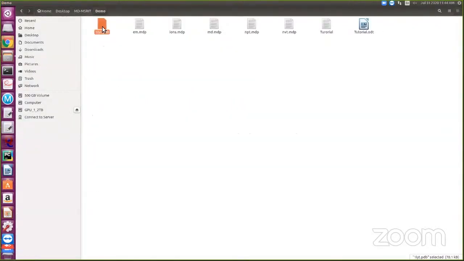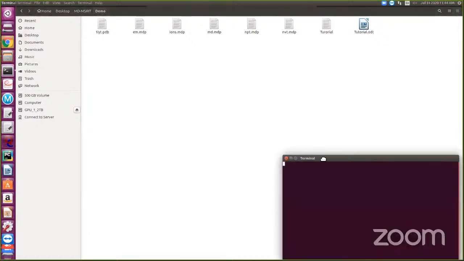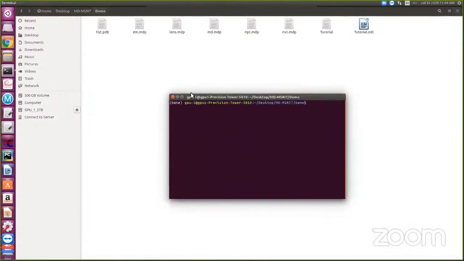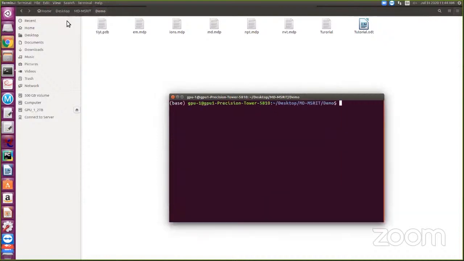Generally they open in PyMOL or some other software. For example, I'll just open this 1IYT PDB structure in PyMOL. For that, I have to open the terminal. One second, I'll just zoom this terminal. I'll make it a little bigger because otherwise it won't be visible.